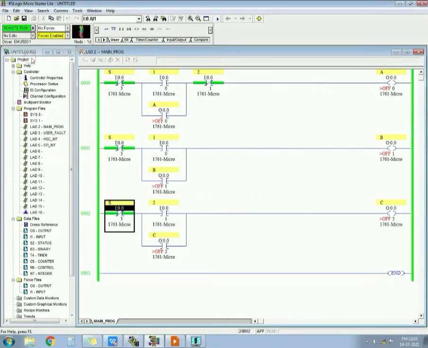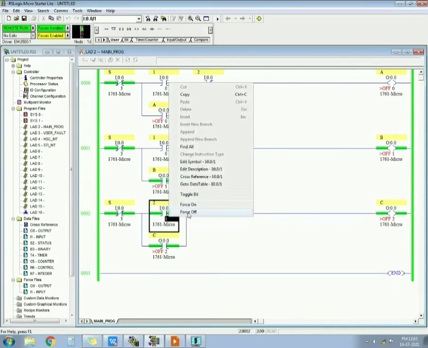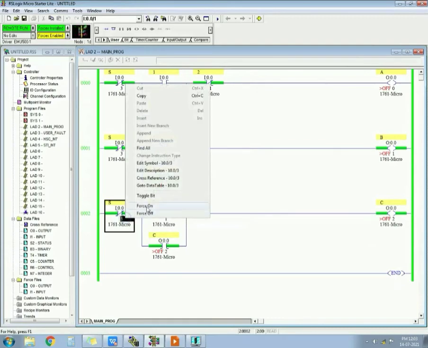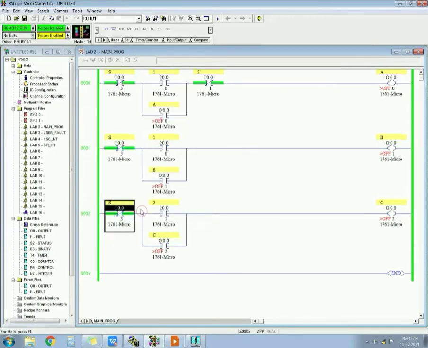You can check. See, when start push button is pressed, A and B get on. When second push button is pressed, C gets on and A gets off. And when stop push button is pressed, all outputs get off. Okay, so this is one way of doing this question. Another way is if I want to take combined A and B in one rung.